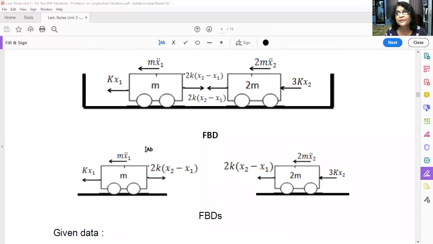Can you think? See here, inertia force is shown towards left. That is opposite to the direction of motion. That means here we are going to apply D'Alembert's principle. For Newton's second law of motion, your inertia force is always in the direction of motion, and your equation is inertia force is equal to summation of forces. Whereas in D'Alembert's principle, your inertia force will be opposite to the direction of motion and your equation is summation of F is equal to 0.